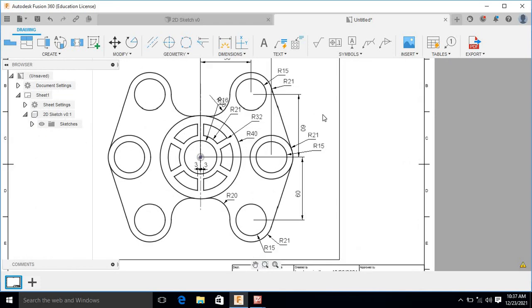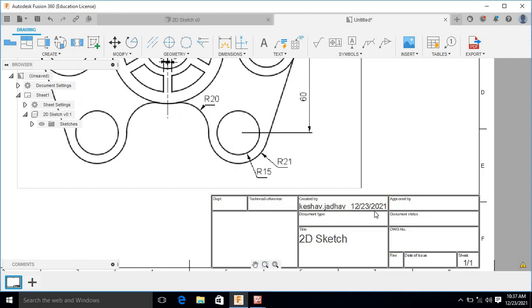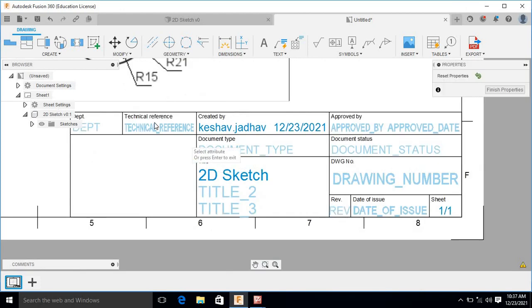And here in the right hand lower corner we can see the details. By default my name is coming, then we have saved this as 2D sketch, so it is coming here as the title. To enter other details, just double click on this, and here we can enter department as Maker department. Then technical reference we can enter as SMD practical.